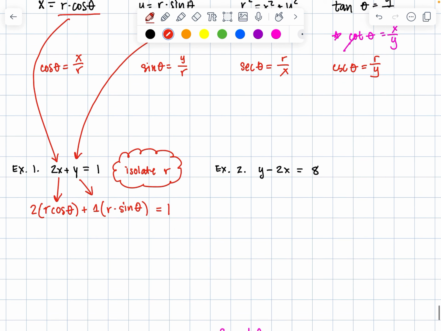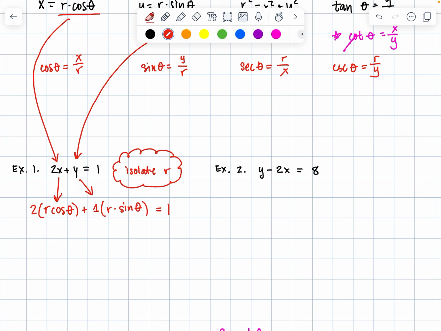Okay, that's how we typically write polar equations when r is by itself, kind of like how y is by itself. Y is equal to mx plus b, right? We want the y by itself. In this particular case, we want r by itself. It's a little easier to understand if you have r by itself. So